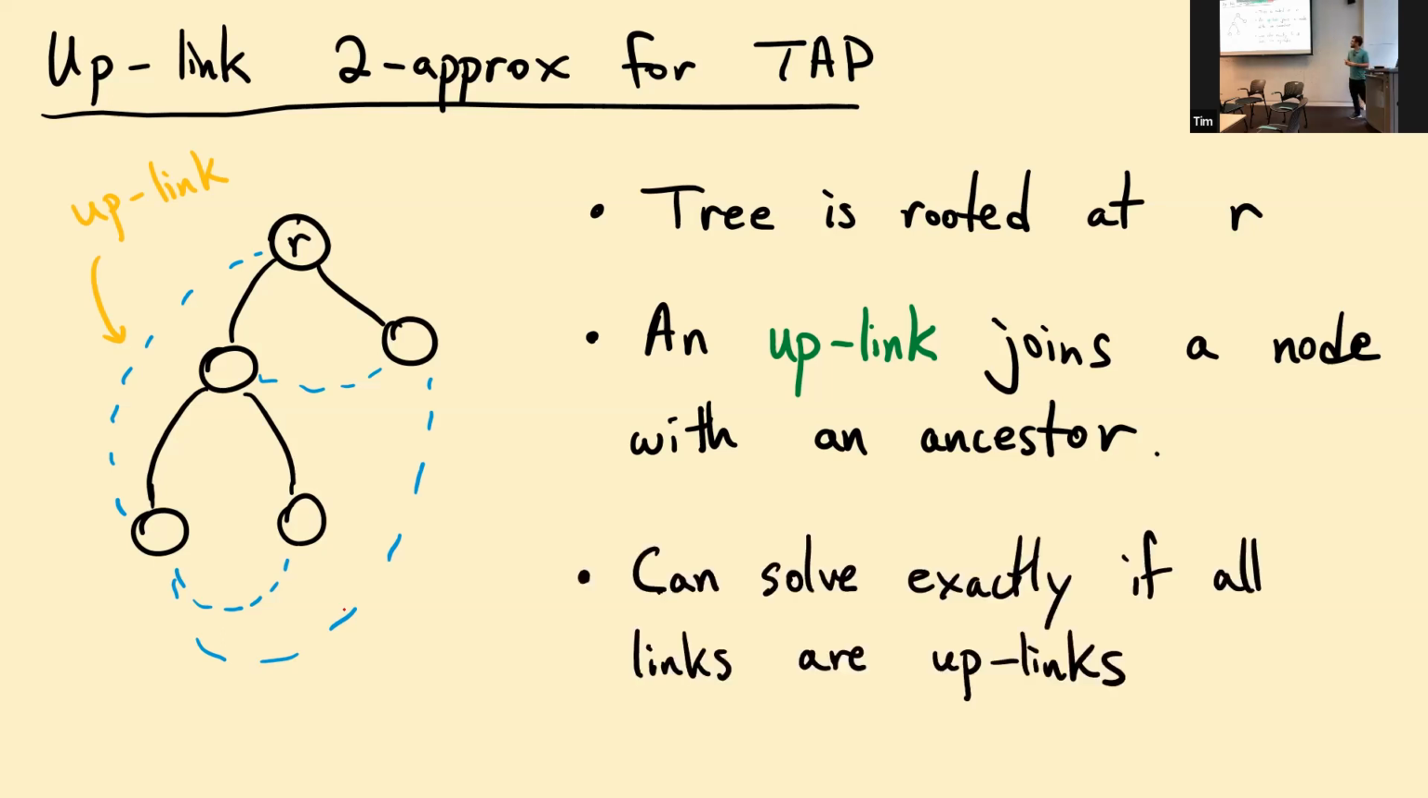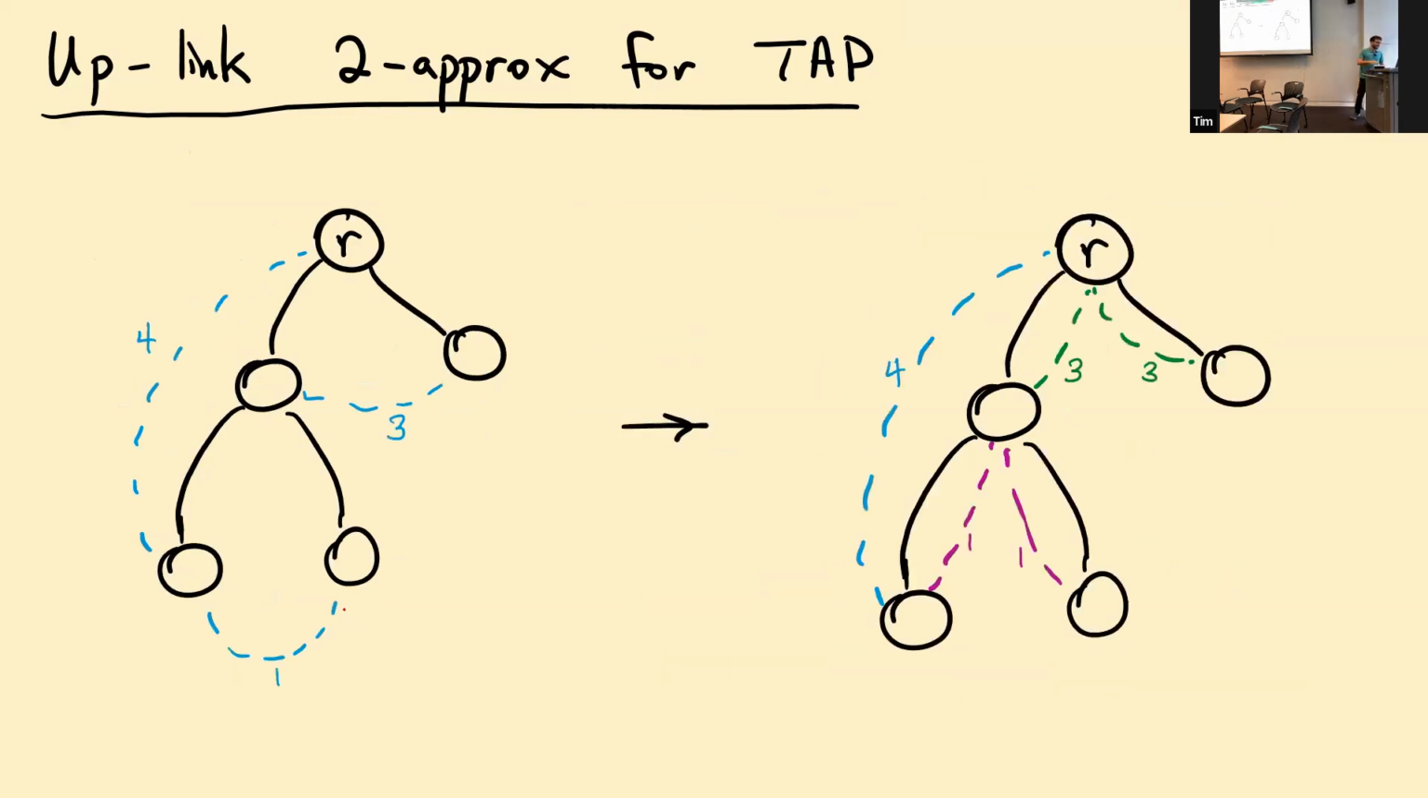It turns out that in the tree augmentation problem, if all of the links are uplinks, you can solve the problem exactly. This is polynomial time solvable. You can use dynamic programming. That's one way to do it. Another way is that the LP relaxation is actually an integral polyhedron if the instance only contains uplinks. So you can solve those instances exactly, and you can leverage that to get a two approximation for general